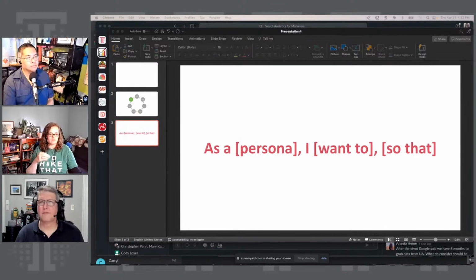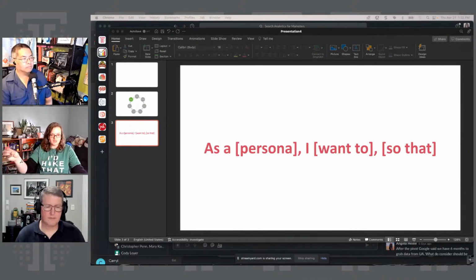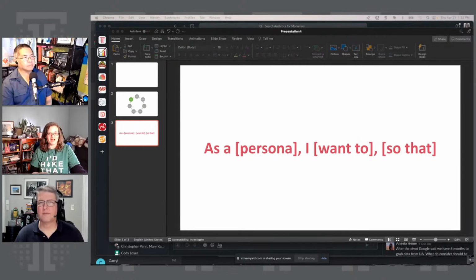And so what Chris is saying is these user stories are going to help you prioritize what you need in Google Analytics 4 versus what you had historically in Google Analytics 3. Use this time as an opportunity to reset the strategy, the expectations, the tactics, the data that you're collecting. And these user stories